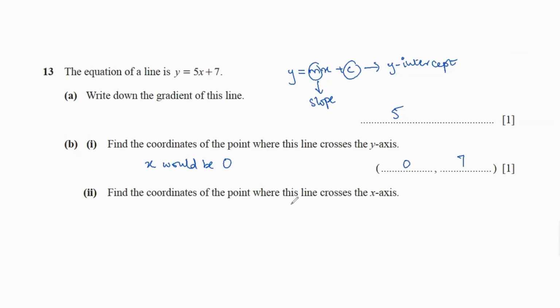Then it says find the coordinates of the point where this line crosses the x-axis. So for this, we would put y equals to 0. Because if I show the graphical representation for this,